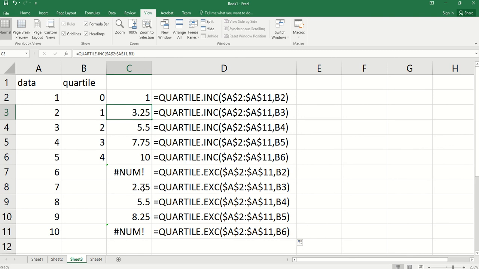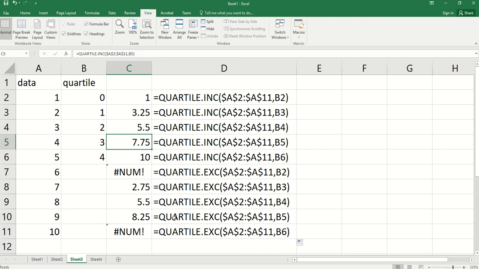On the other hand, to find Q3, inclusive uses greater than or equal to the 75% small values. Exclusive uses strictly greater than the small 75% values.